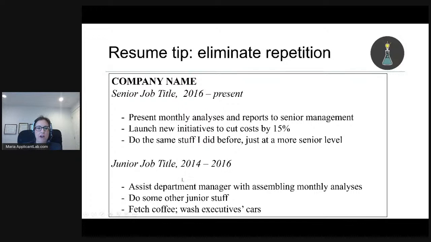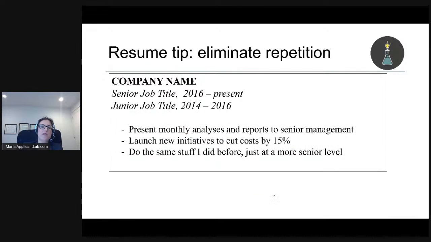Because for example, let's say right now, now that you're a senior whatever, you're presenting the monthly analyses in front of senior management. When you were more junior, you weren't the one presenting it, but you were putting it together. You were using the machine with the curly Q plastic. So if today you're the person presenting the analysis, is it not obvious that you probably know how to put together the analysis? Because most people can't present something they don't understand. So the fact that you understand the analysis is implicit in the fact that you're presenting the analysis. So what I suggest people do is usually,